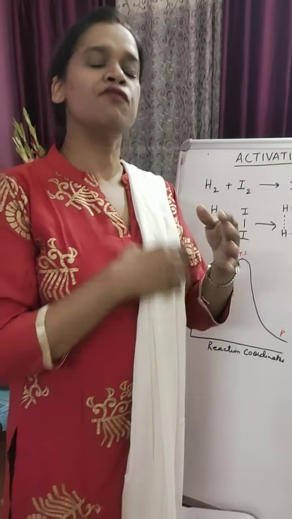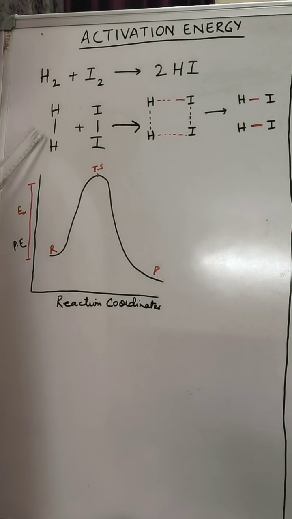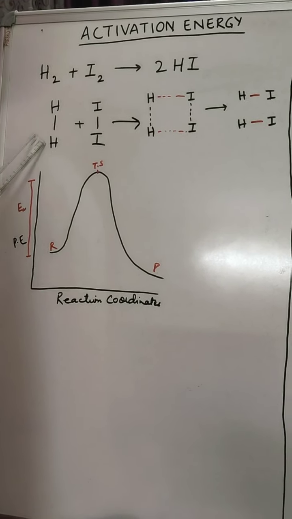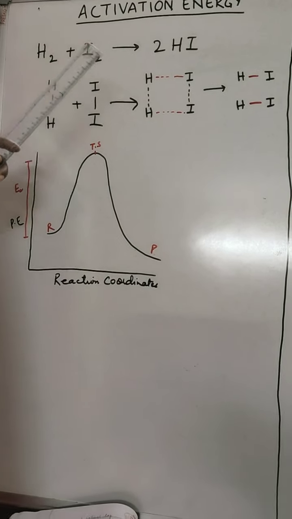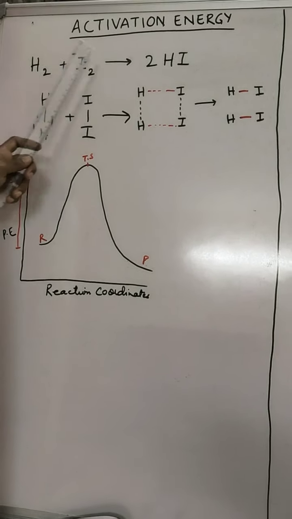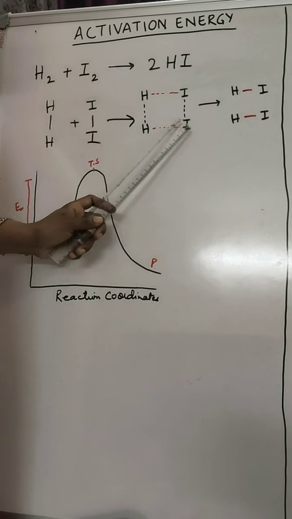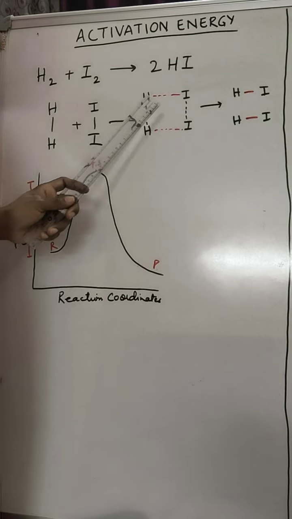Suppose we consider a reaction H2 plus I2 to give us 2HI. Now children, here if you see, we have this hydrogen molecule, with a bond existing between the hydrogen atoms, and this is iodine, wherein we have a bond existing between the iodine atoms, right? If you look at the complete figure, H2 plus I2 is giving us hydrogen iodide, HI. That means the H-H bond and the I-I bond will break gradually, and simultaneously the bond between hydrogen and iodine will be formed. So this is going to be a simultaneous process.